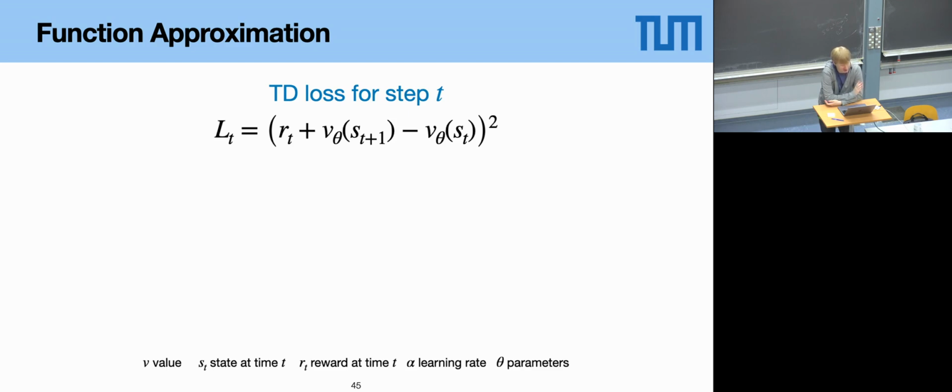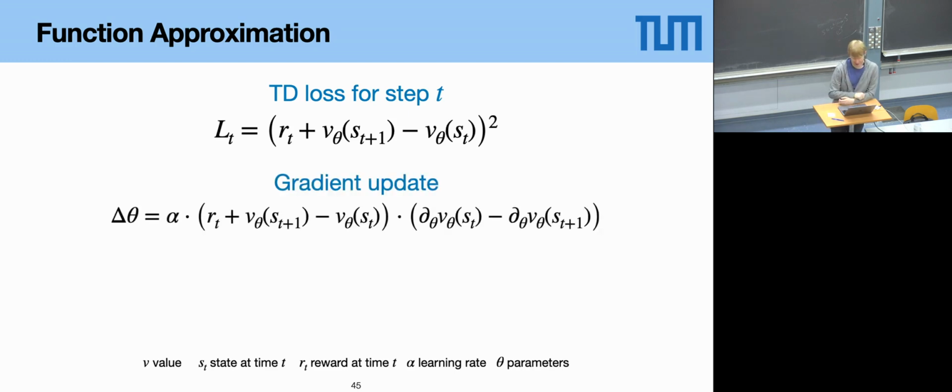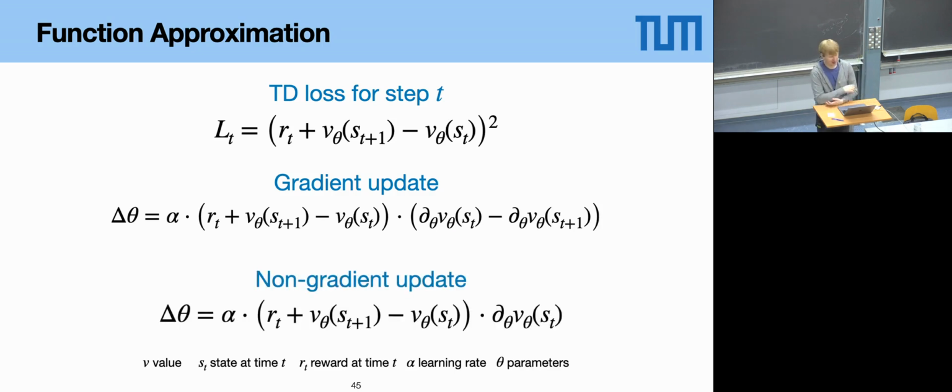So the convergence rate discussion that we just had did not require it. As before, for the values in this loss, now we introduce again parameters theta, and we can write down the gradient update again; we just have to apply the chain rule. It looks like that. And again, we get the non-gradient update by just neglecting one of these two terms. Like for values, we don't want to propagate through later predictions, so we just forget about that term. So we get the gradient and non-gradient update for the case of function approximation.